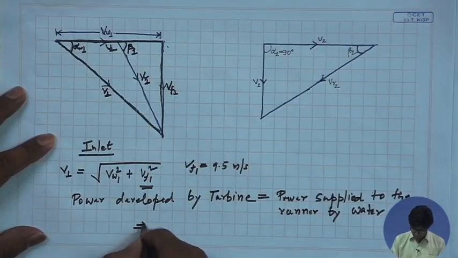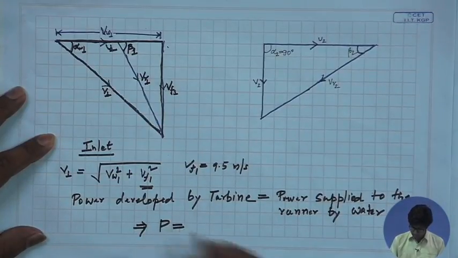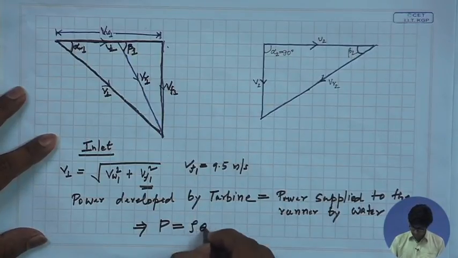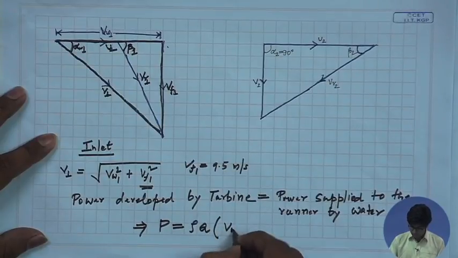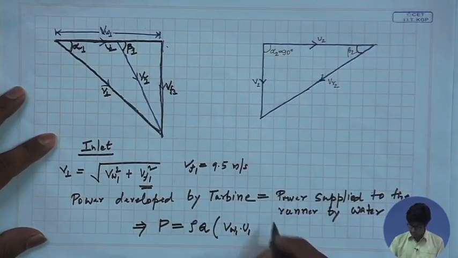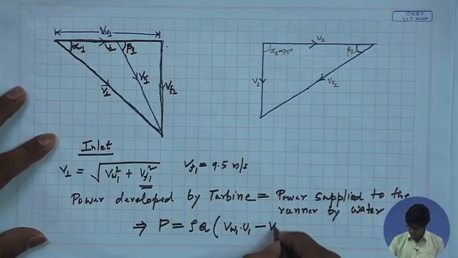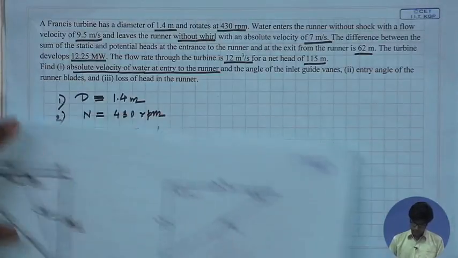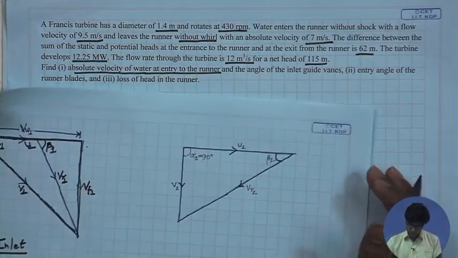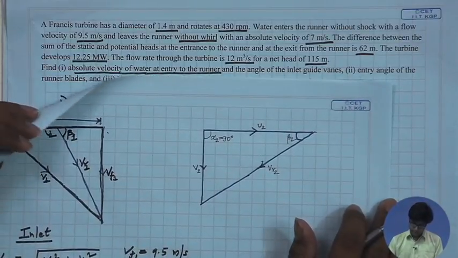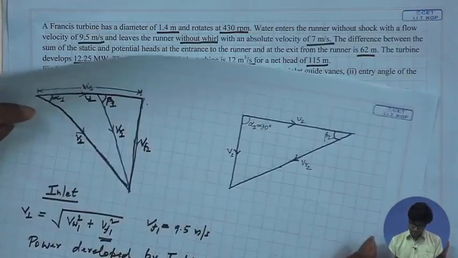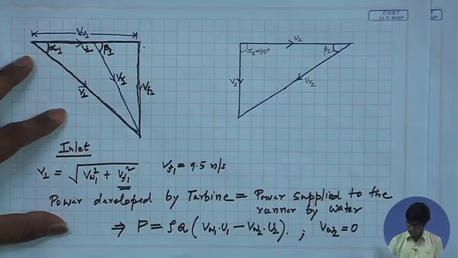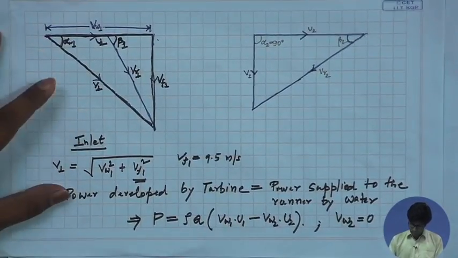So, the power P is equal to rho Q into (V W1 into U1 minus V W2 into U2), where U1 is the peripheral velocity of the runner blade at the inlet. Now, in the problem, it was said that the flow at the outlet of the runner exits radially, that is, the tangential component is 0. So, we are left with